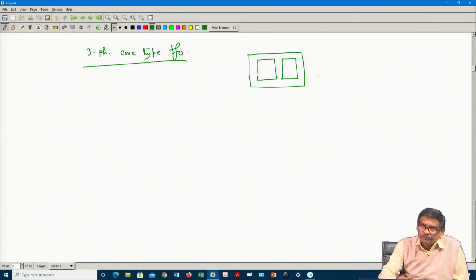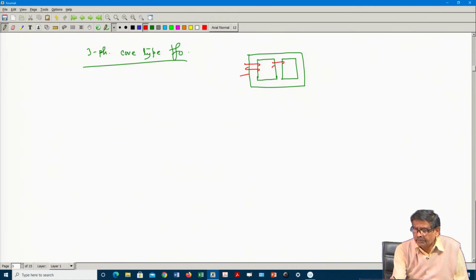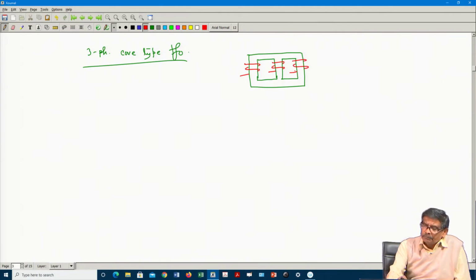Now, in this transformer, to begin with, very simply, suppose these are the coils, say I am drawing only the primary coils, not the secondary. These are the primary coils of A, B and C phase. Suppose you apply a balanced 3-phase voltage across this. Listen to me carefully. Now, what happens